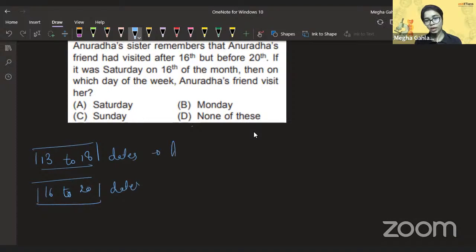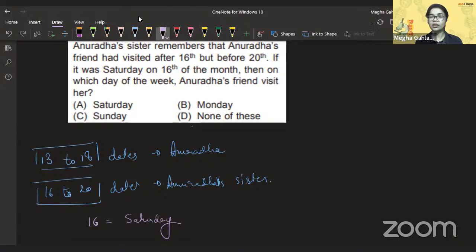So we have the dates by Anuradha, and we have the dates by Anuradha's sister, right? And if it was Saturday on 16th, now we have a day, 16th was Saturday. See, the trick to solve these questions is to basically move with them while solving them or while trying to make sense of them. That is really important. And then on which day of the week